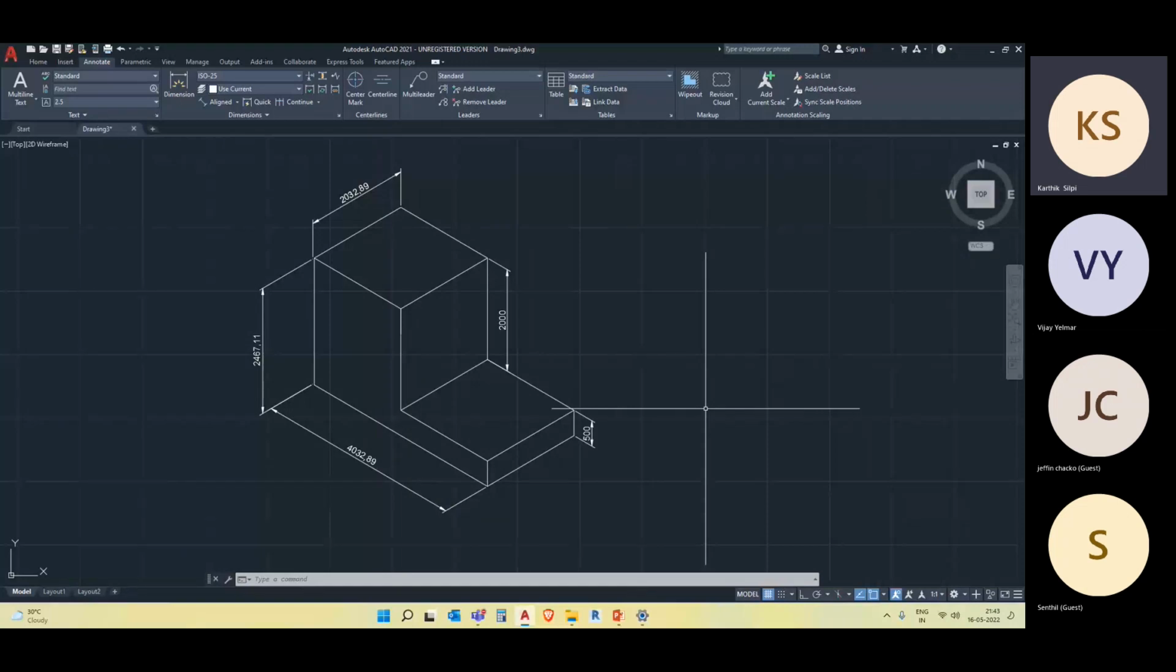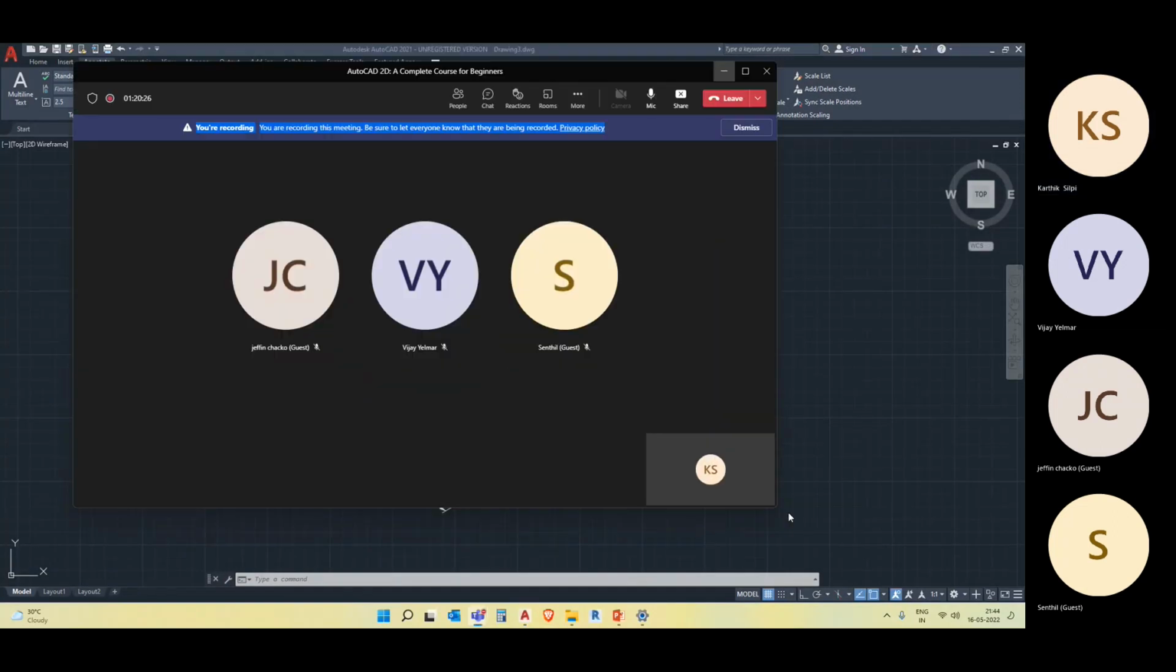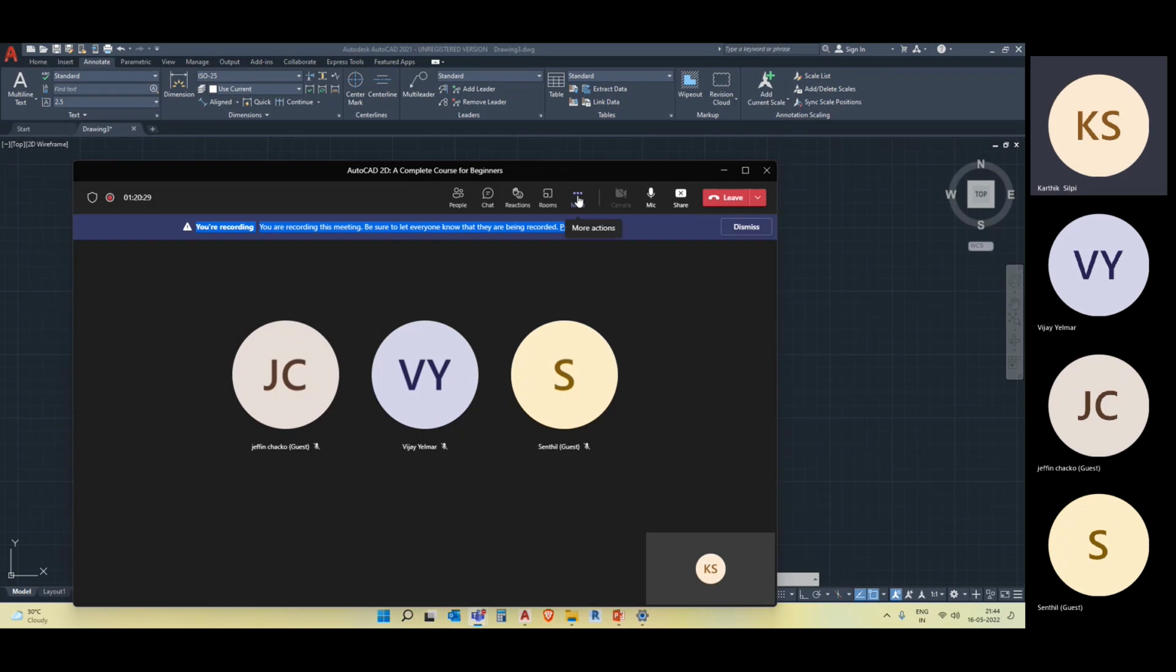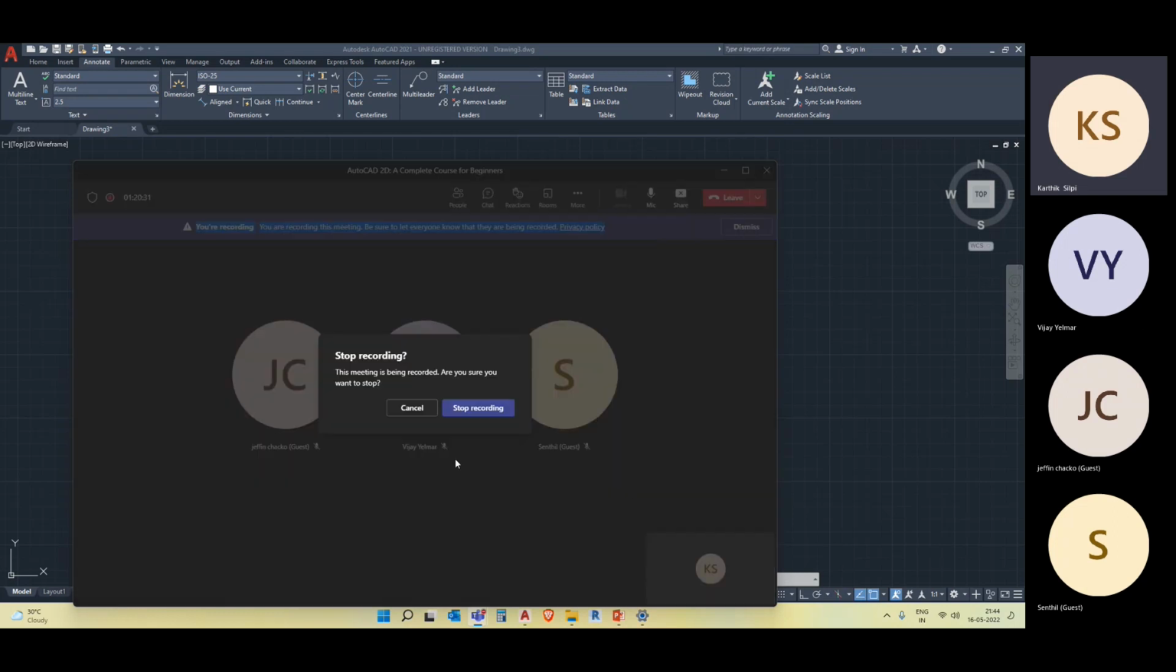I'll try to give 2 or 3 examples for isometric projections. Try to follow those and try to reproduce these isometric projections and practice them. Okay. I think with this, I just want to stop today's